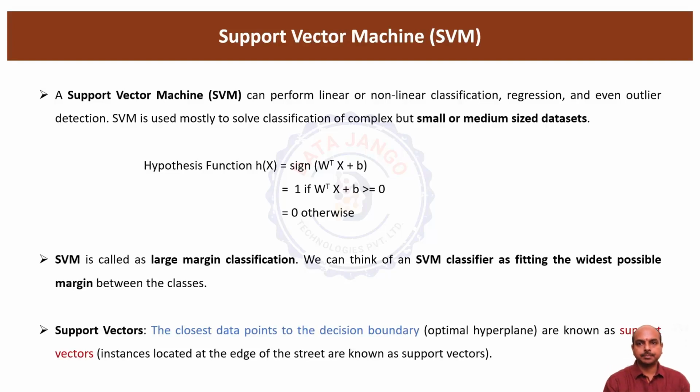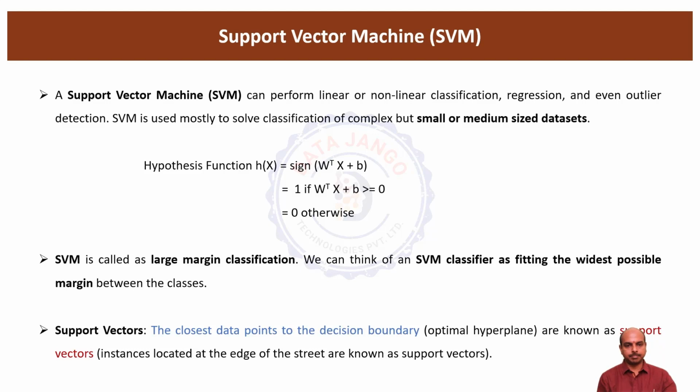Hello and welcome back. Let us try to understand support vector machine, one of the best algorithms in machine learning. This algorithm can be used to solve a classification or regression problem, but mostly used with classification problems. And the algorithm can work with linear and non-linear datasets. That means when the input variable is linearly related to target variable or non-linearly related to target variable, the algorithm